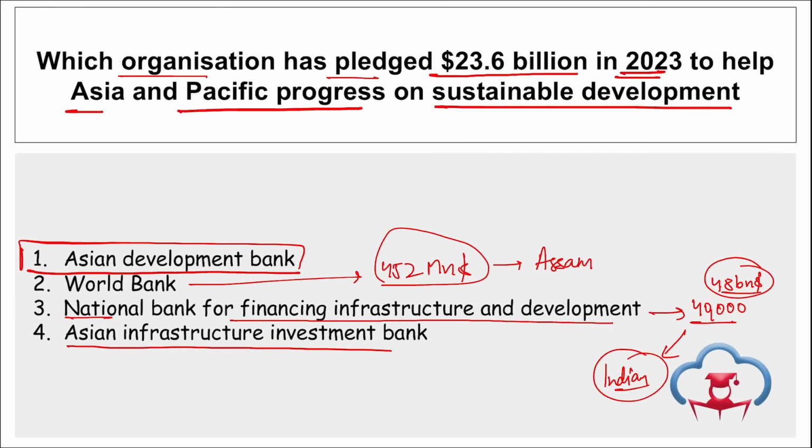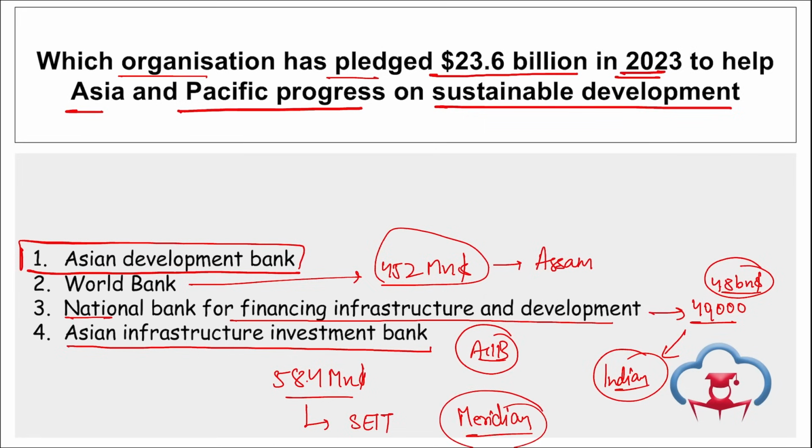Next, Asian Infrastructure Investment Bank, that is AIIB. They have invested close to $58.4 million in SEIT, that is Sustainable Energy Infrastructure Trust, and it is for the AIIB's project, that is Project Meridian, India Project Meridian. So a question can be asked, in this Project Meridian how much amount was invested by AIIB, so $58.4 million, or it can be asked who invested $58.4 million in Project Meridian, it was invested by